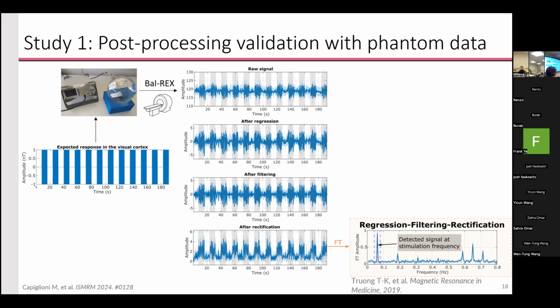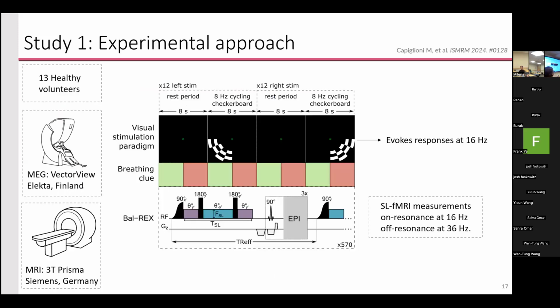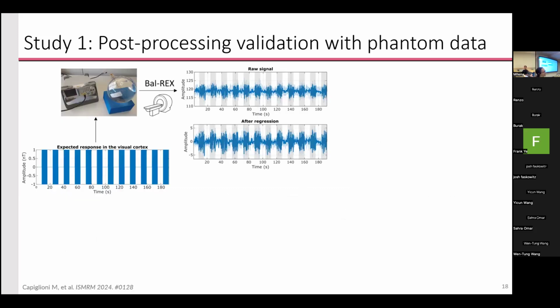I think the error here was to actually try to tell the volunteers to follow the breathing clue, because in the end they ended up moving more because they were trying to control their breathing. That's my suspicion, but I don't know. In the end, it would have been better to let them breathe at different frequencies and not have a very clear nuisance at the breathing frequency, I